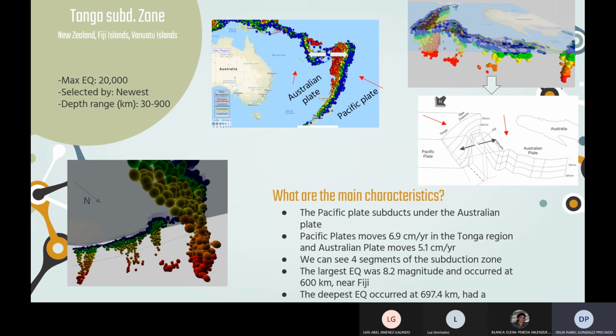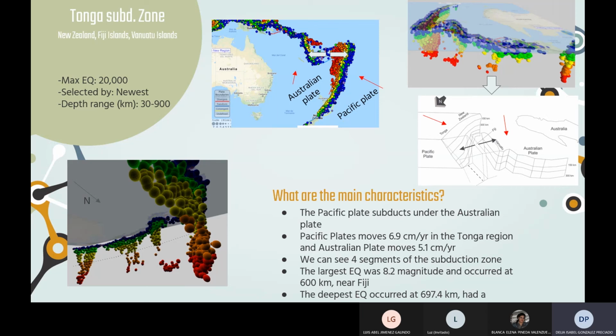So here we can see the Tonga subduction zone, which is located near New Zealand, Fiji, and the Vanuatu Islands, and of course the Tonga zone. I tried to represent the geometry of the plates in this black and white image, and we can see the Pacific plate subducting under the Australian plate, both very vertical. The Pacific plate moves around 6.9 centimeters per year in the Tonga region, and the Australian plate moves around 5.1 centimeters